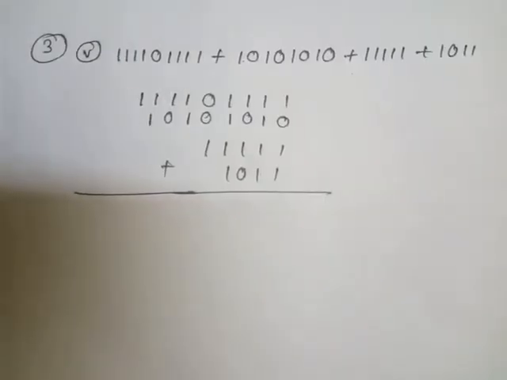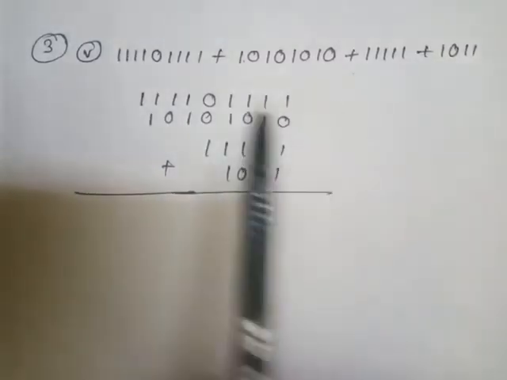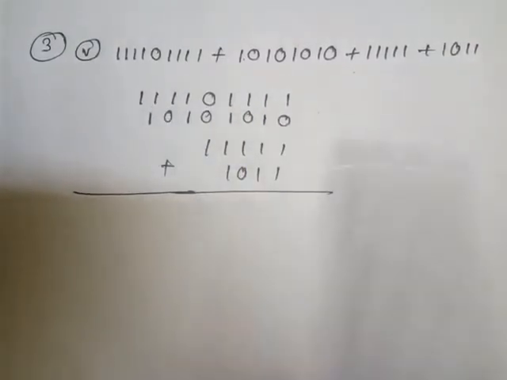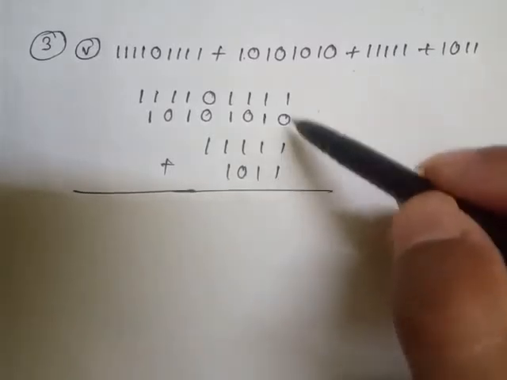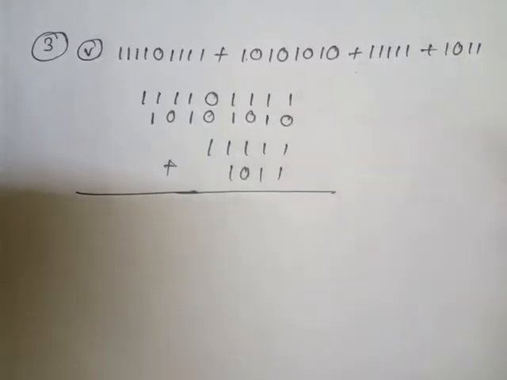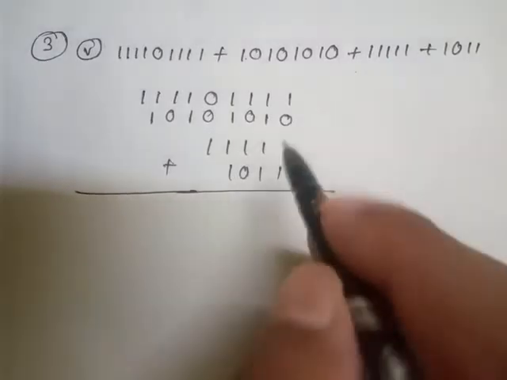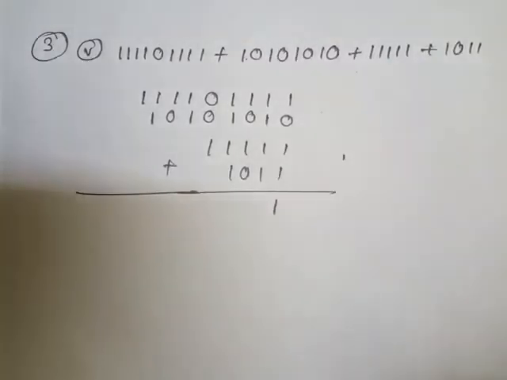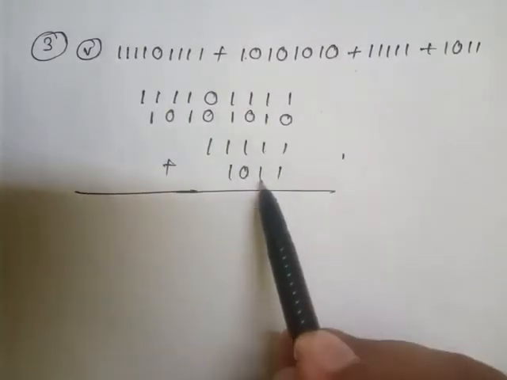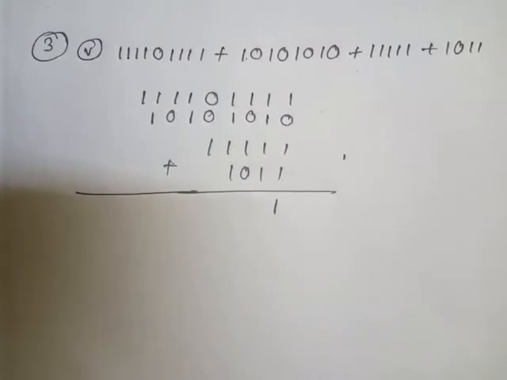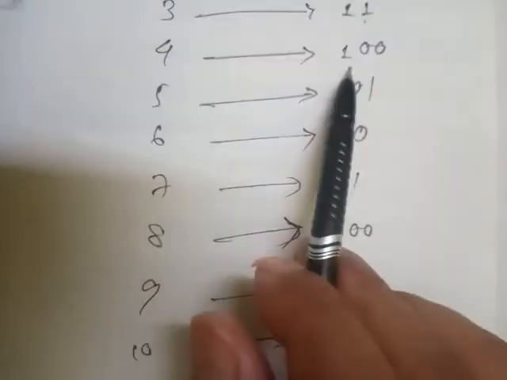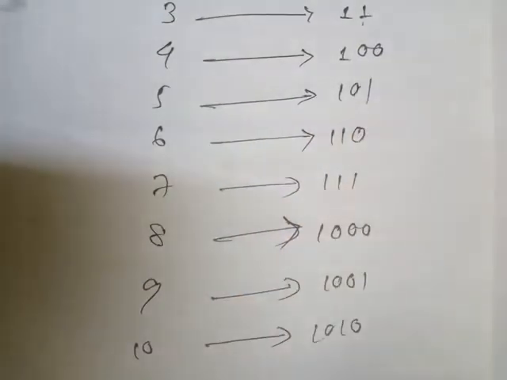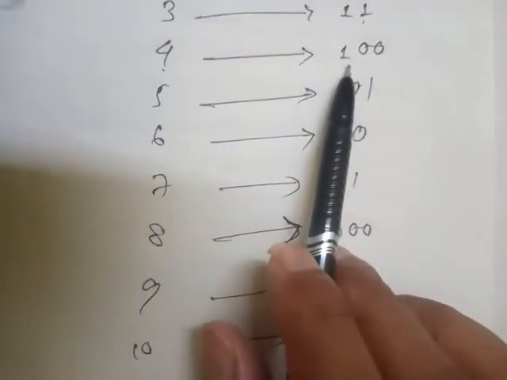Now students, we are going to solve that 3 Roman 5. This is the question, and I have placed the digits here in the addition format. Now again we are going to add this. 1 plus 1 is 2, 2 plus 1 is 3. 3 in decimal, but in binary it is 11, so I write here 1 and carry 1. Now 1 plus 1 is 2, 2 plus 1 is 3, 3 plus 1 is 4. If it is 4, then look here, in binary 4 means 100.